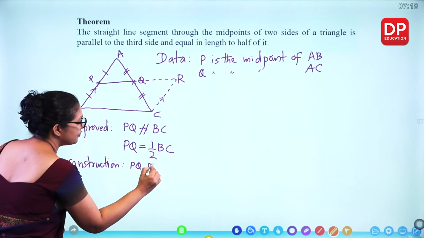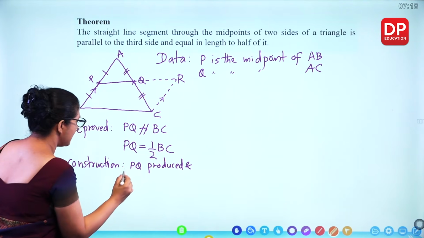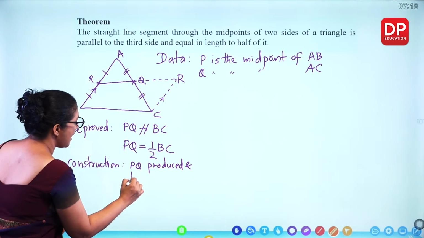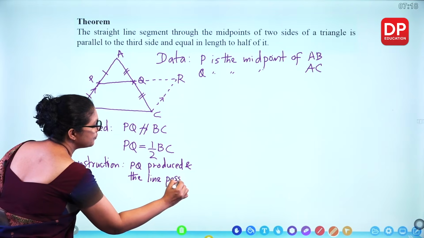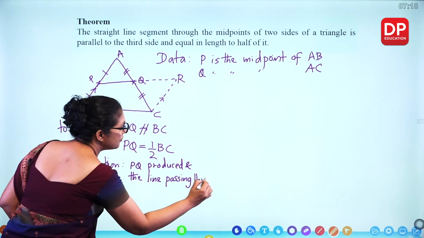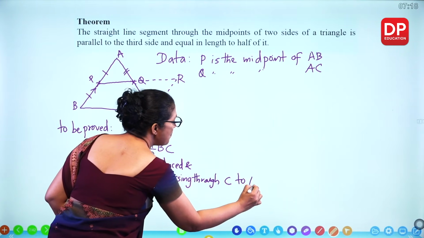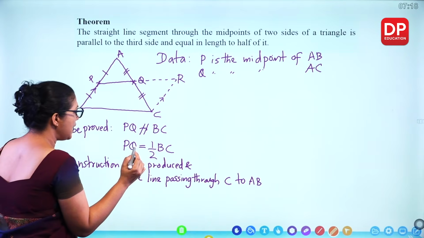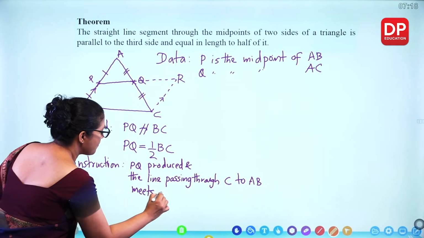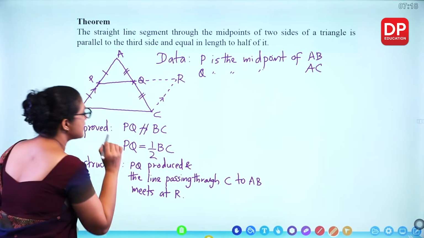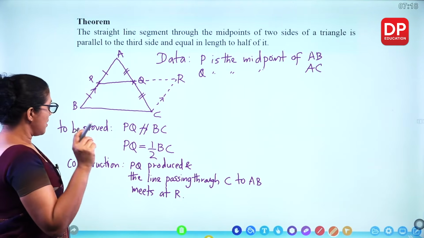PQ produced and the line passing through C to AB meets at R. So that's the construction. Now we are trying to prove that